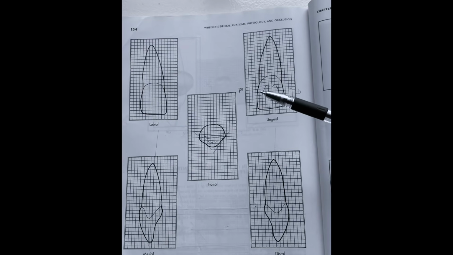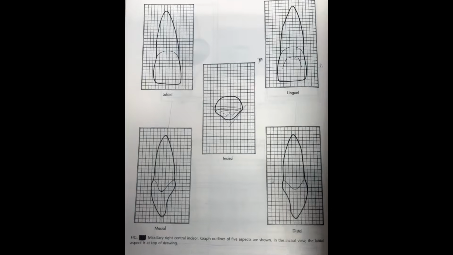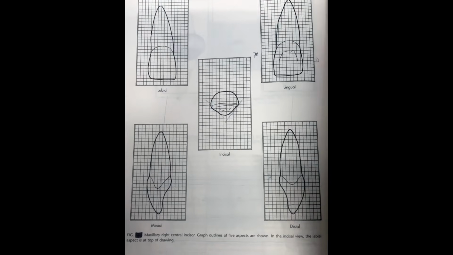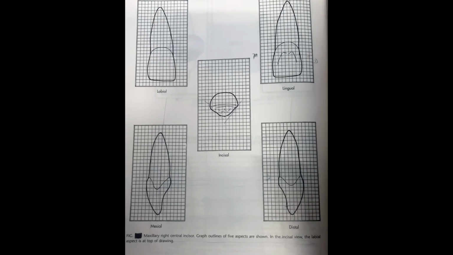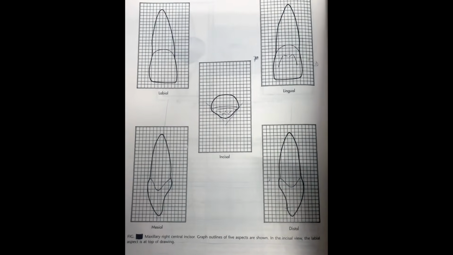From the lingual aspect, you can see two marginal ridges and the cingulum, and then there is a fossa. This fossa is an inverted W or M shape. Also remember that a line drawn through the crown and the root from the center of the tooth will bisect the apex of the root and the incisal ridge of the crown.